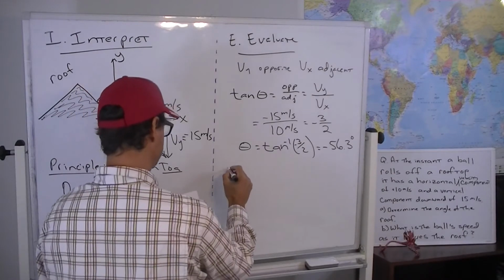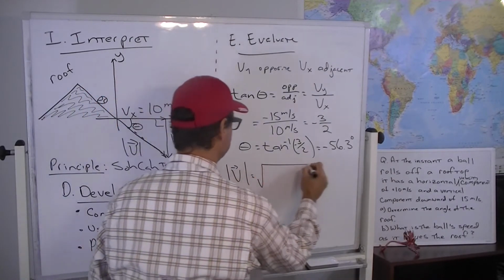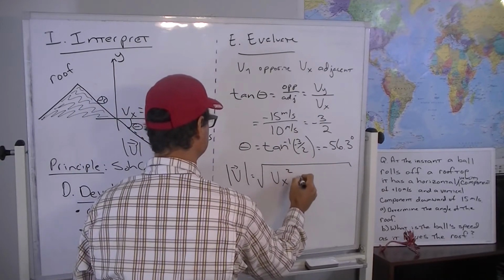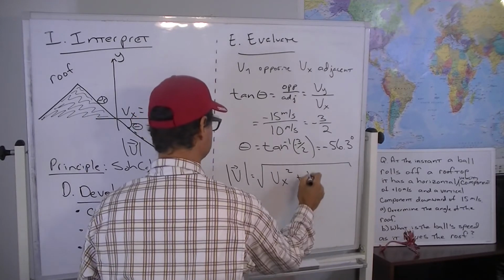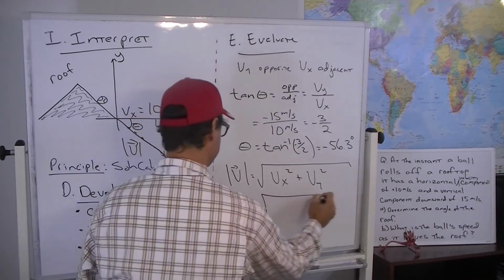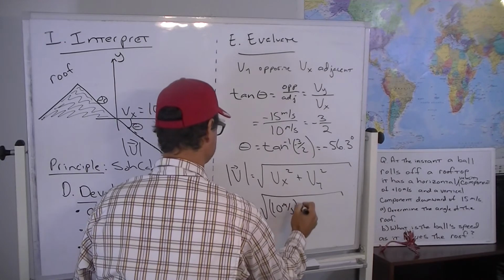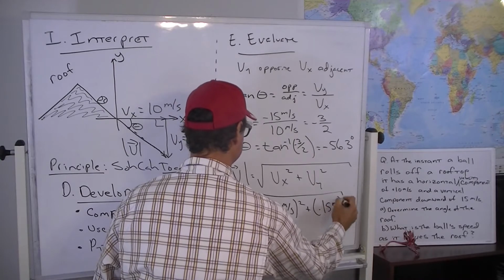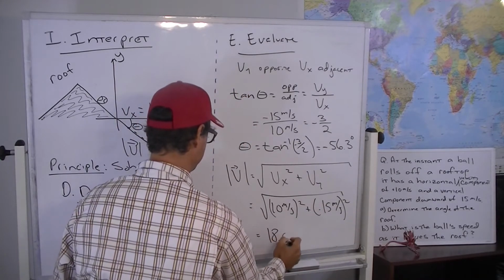Okay, and now to compute the magnitude of the velocity vector using the Pythagorean theorem, it's the square root of the x component squared plus the y component squared. Alright, so a little math there. Square root of 10 meters per second squared plus negative 15 meters per second, quantity squared. Do a little math and that turns out to be 18.02